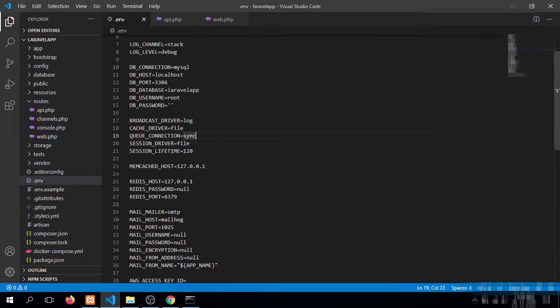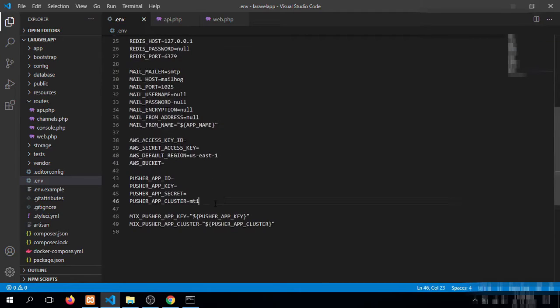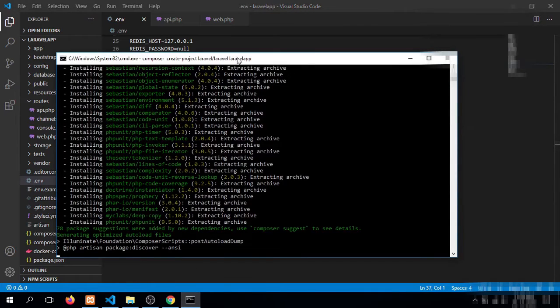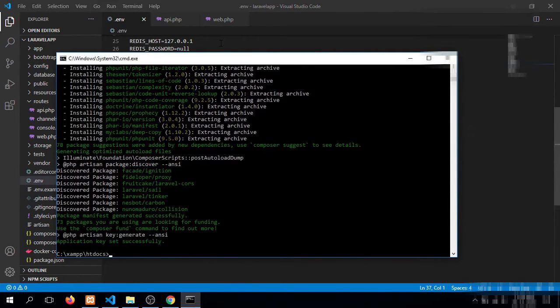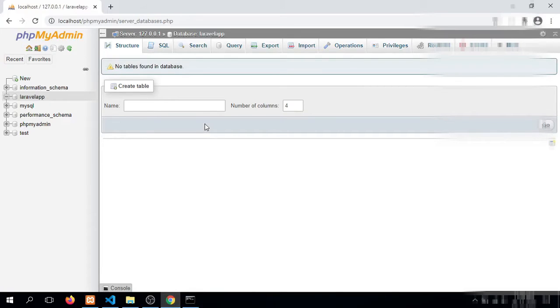In this .env file, we can add all of our application-based configuration, like SMTP setup, and if we are going to implement some Facebook login, Twitter login, and some other type of third-party based authentication, we can add all these APIs and secret keys in this file. As you can see, our Laravel has been downloaded in this folder. So it's time to check.